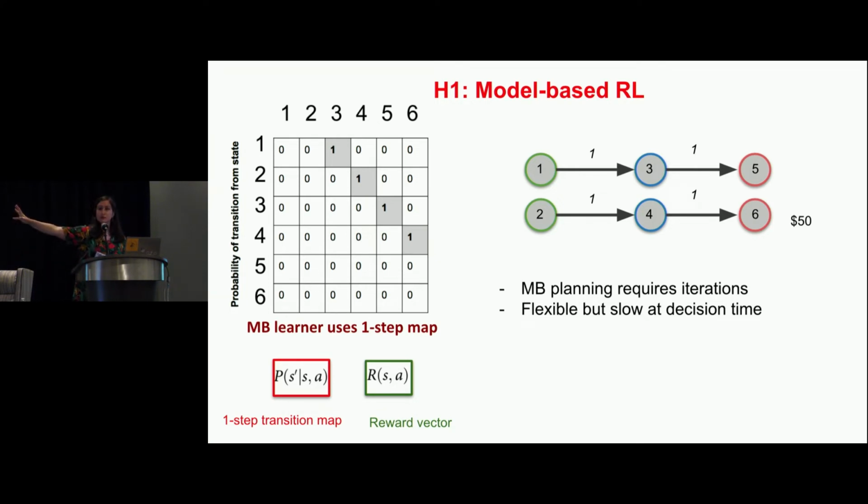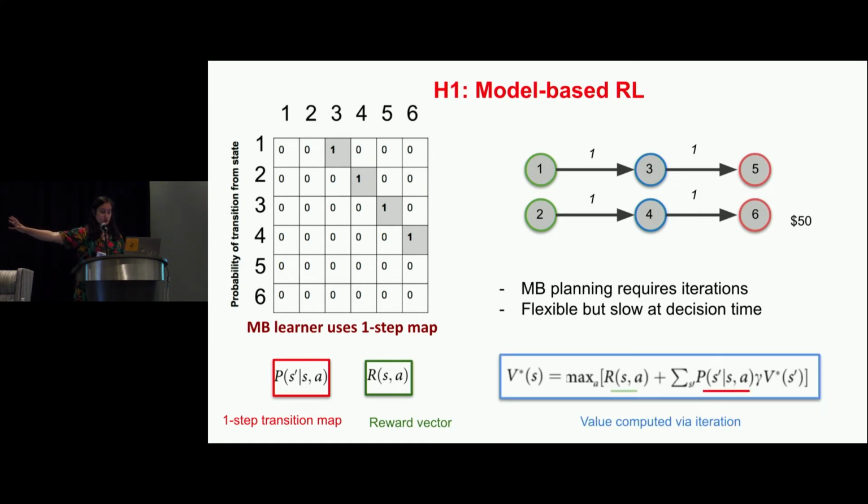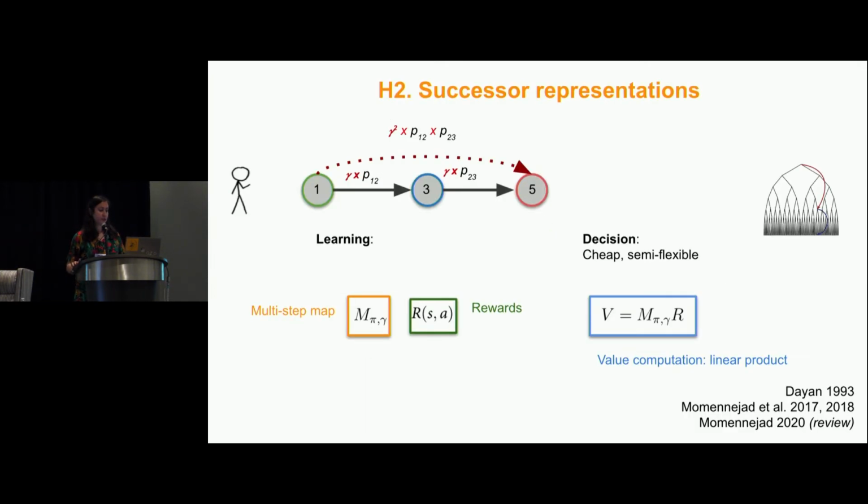It separately stores rewards. So at the moment of decision, you need to compute optimal value, which is V star, by taking actions A that maximize the reward and the expected discounted value of the future states you can get into. This is basically the value iteration that you might have heard of, and we are going to discuss it in a hands-on tutorial as well. And as you can see, it has a lot of iterations. You have to sum a lot of steps that you're taking separately, so it takes a lot of time.